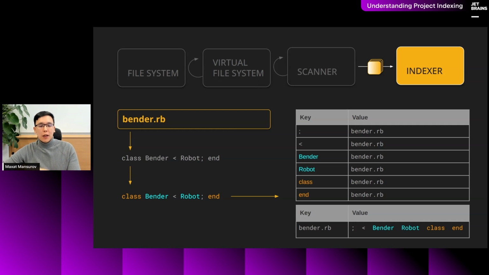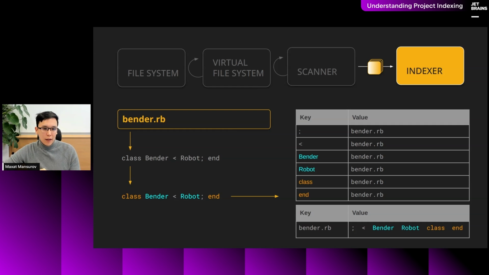They need to be scanned, and after that they need to be indexed by various indexers. What I should also point out is that a single file may be indexed multiple times by different indexers. This is because indexers have a specific purpose, and they index only those parts of the files that they are interested in.